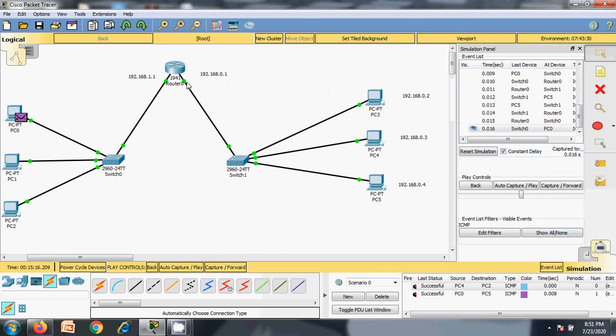And this router also acts as a gateway router for this 192.168.0 network, and whatever packet enters the network from the outside world, and whatever packet is generated in the network to leave the network, has to reach this 192.168.0.1 as the gateway interface of the gateway router, right?